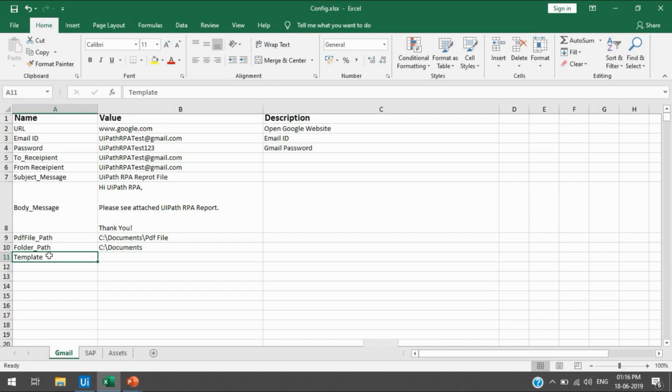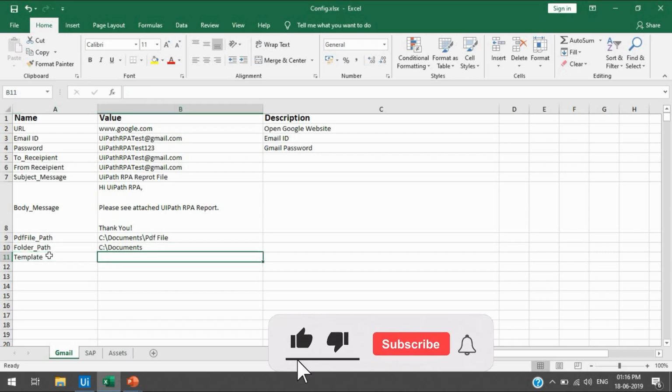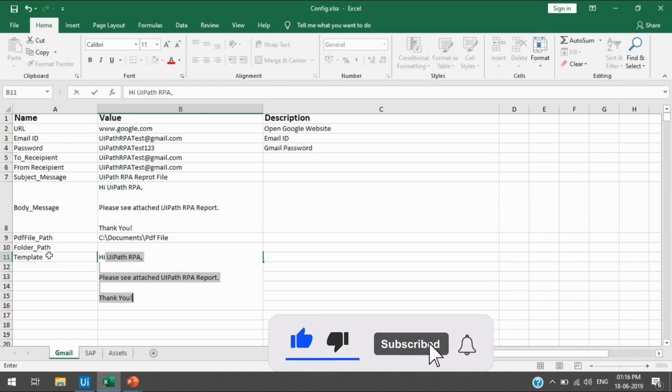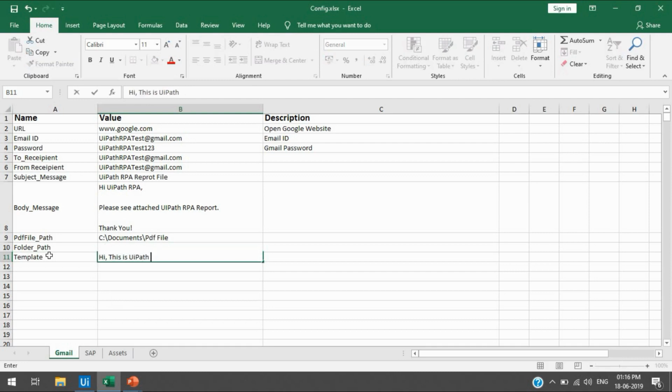You can write the name as template, and in the value you can write: Hi, this is UiPath RPA, please see attached documents. If you think this template will be fixed every time and there is no need to change it, why would you go into the project and write this every time?